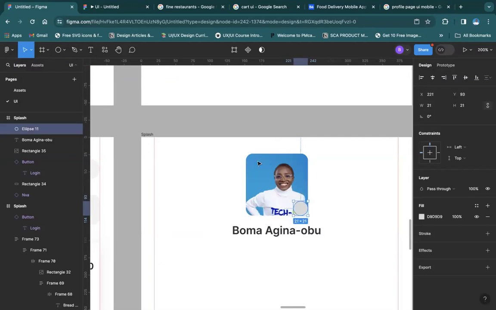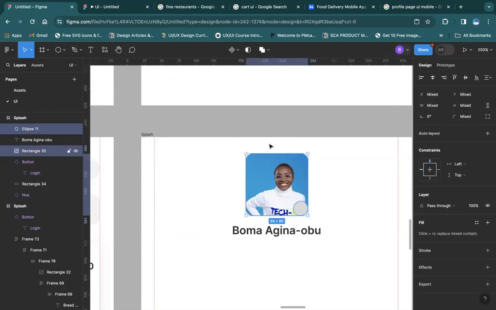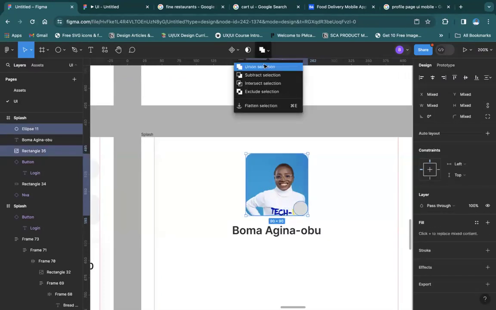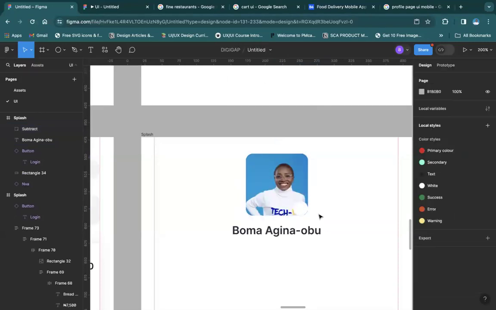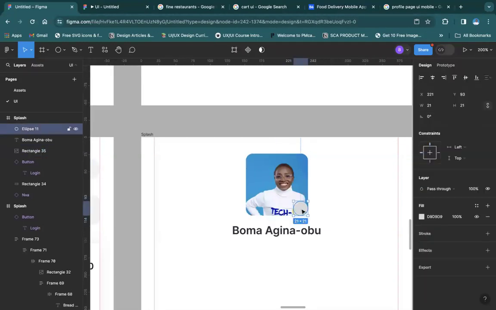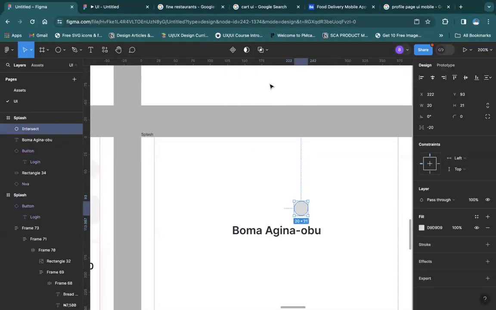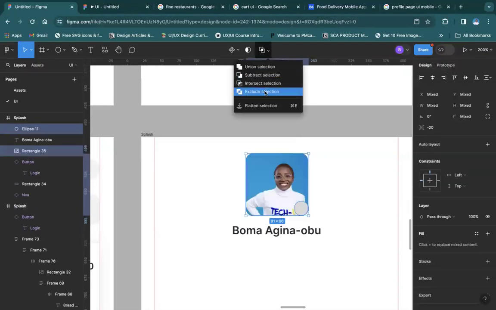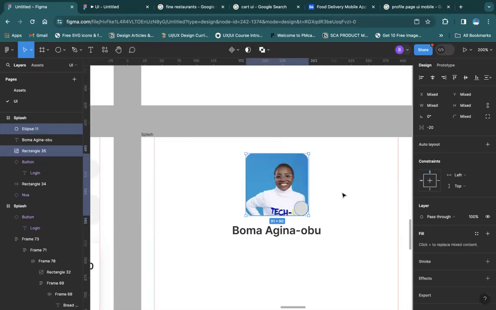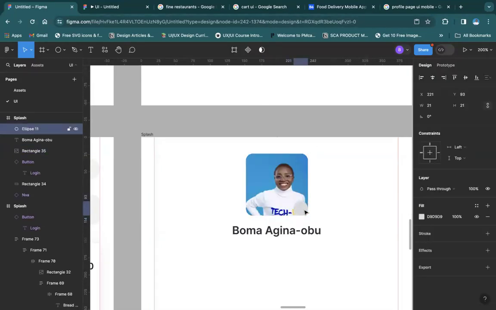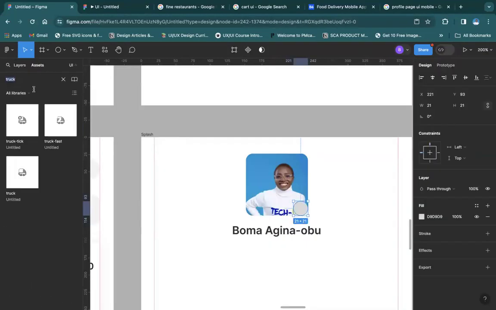So what do you think I want to put there? Let's see what each of these two does for you. Union, can you see what union will do? Subtract, this is what subtract does. That's for subtract. Let's see the next one, intersect. See what intersect did, and exclude, see what exclude did. So what do you think we need here? We need subtract. So I'm just going to bring in an icon called edit,